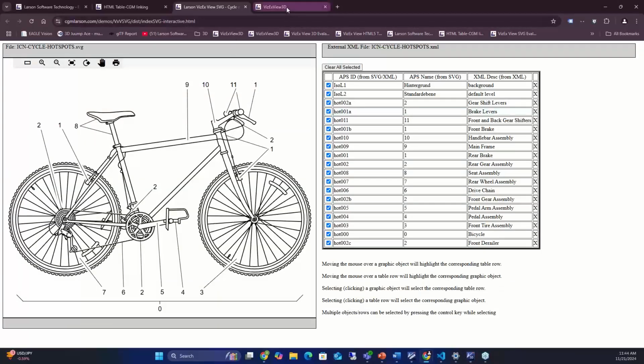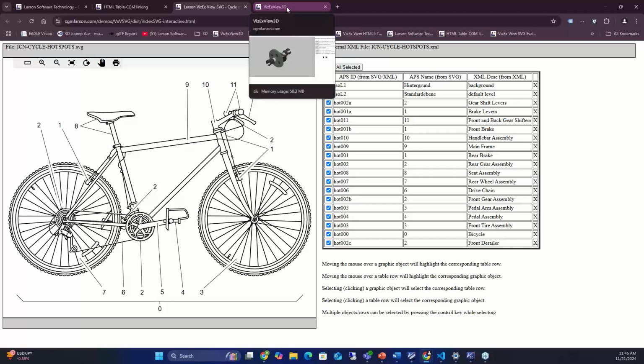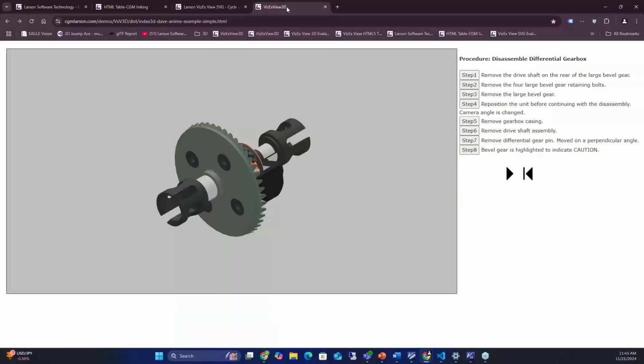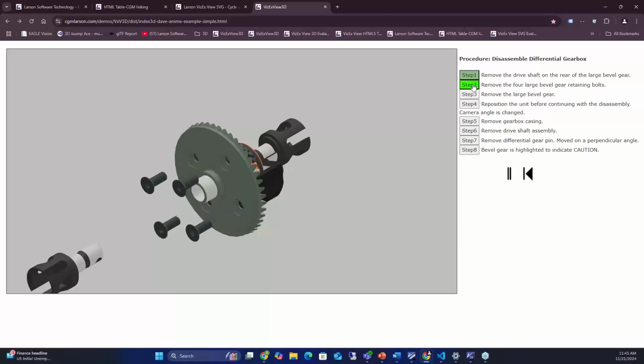So let's go back to, in this case, Chrome. And now we're in VisX View 3D. So this is our viewer. What we've done here is you'll still get tooltips and so forth, but now we have the step related to that step of the animation enabled. So when I move that part away, we can play back what we just created in the animation. So step 2,